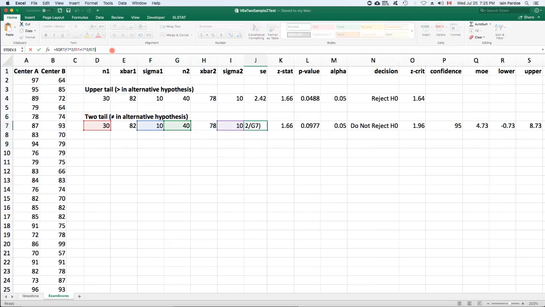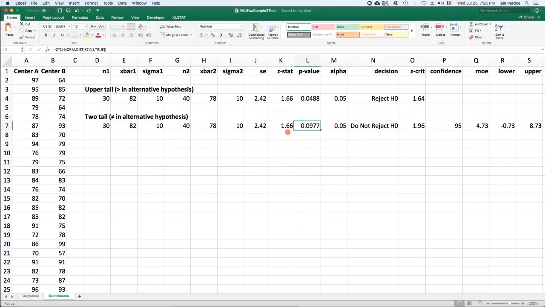Standard error combines those 2 standard deviations and makes an adjustment for the sample sizes and comes up with 2.42 for the standard error. Test statistic is difference in the means divided by the standard error, comes to 1.66. P-value for a 2-tail test is the sum of the tail areas beyond 1.66 and minus 1.66, comes to 0.0977